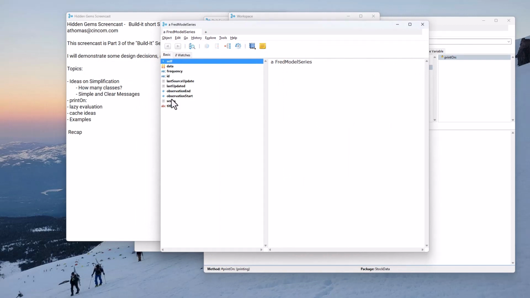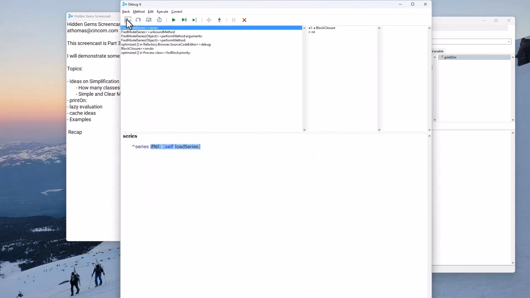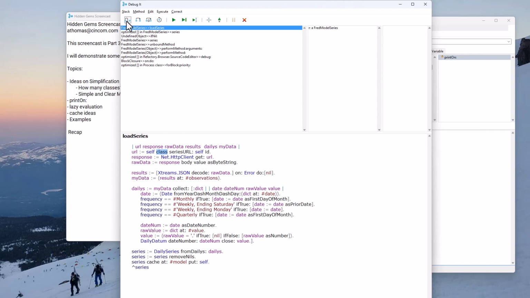I have this. Notice series is nil. Now, if I say self series, and let's debug that, self series, it says series, return the series, but if it's nil, load it first, then you'll return it. So let's step into this, a block value, self load series, and we basically load that series and store it in that